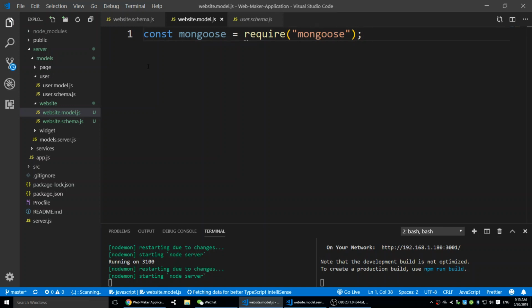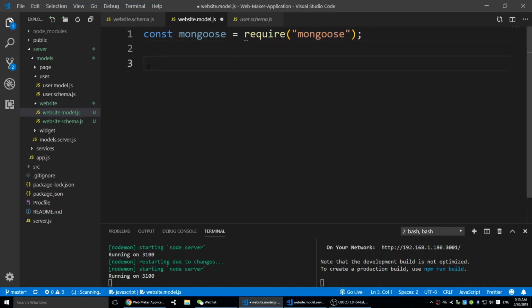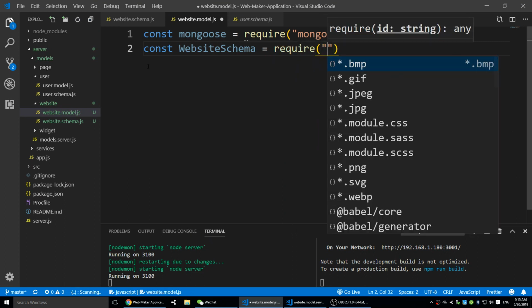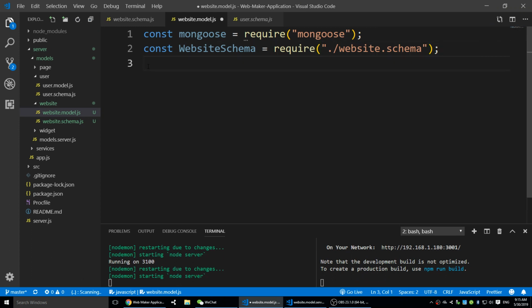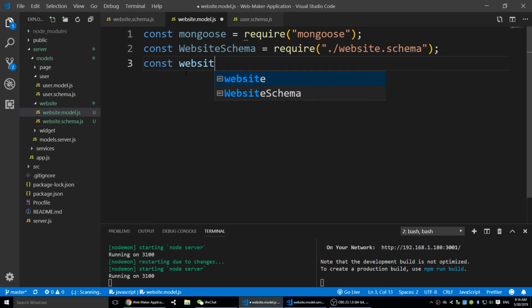Right, require mongoose, and let's keep going to bring the schema we just created. The website schema is equal to require. It's in the same folder, so /website.schema. Right, this is a file. And next thing is we're gonna create this model. So const website model is equal to